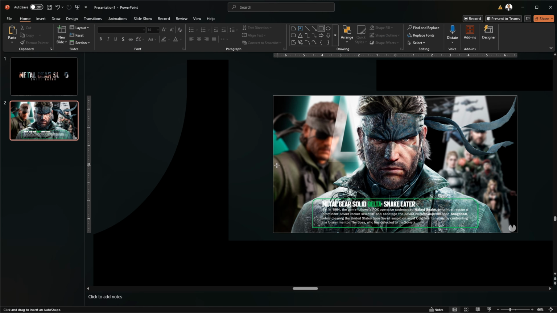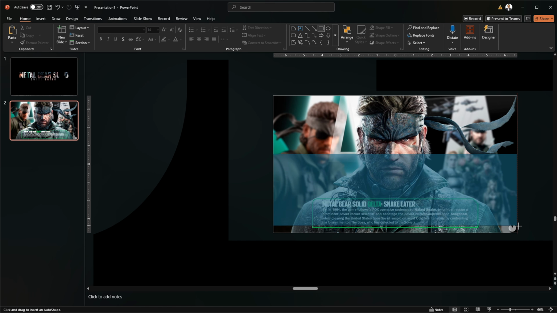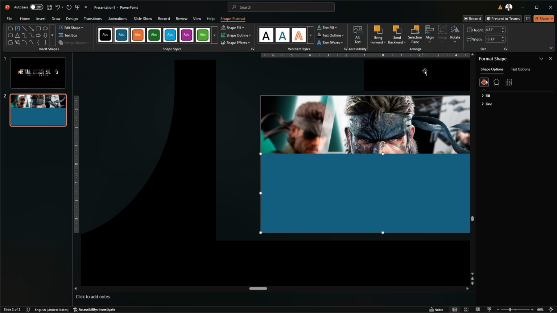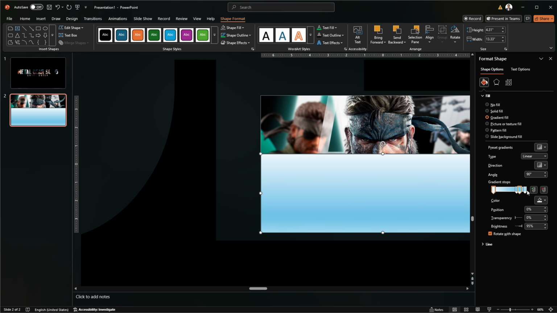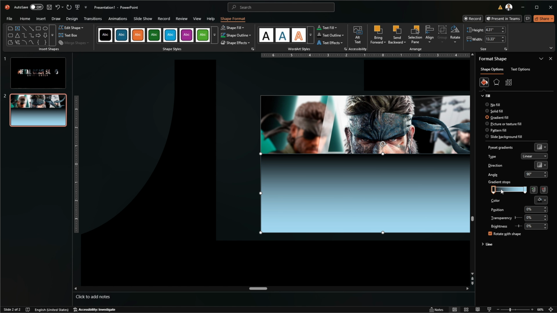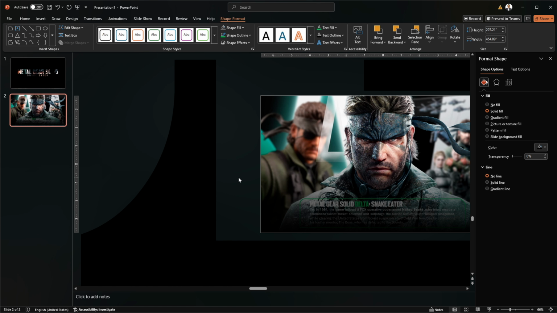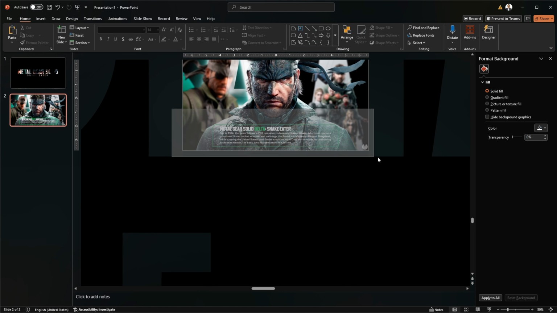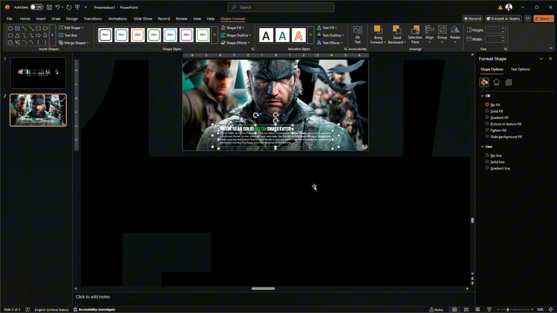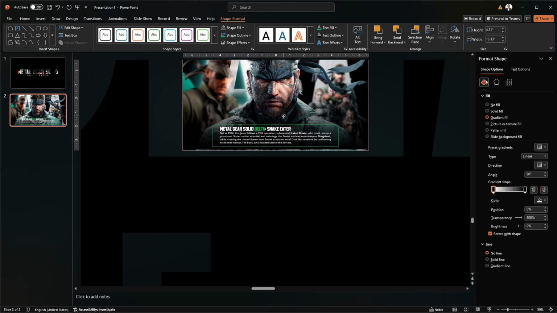To make the text stand out, create a rectangle with a gradient. Black at the bottom, fading to transparent at the top. Tidy everything up so it looks neat.